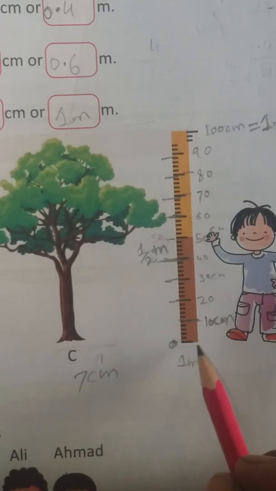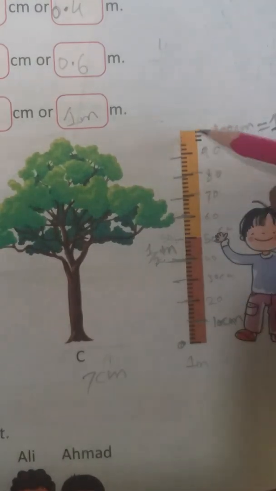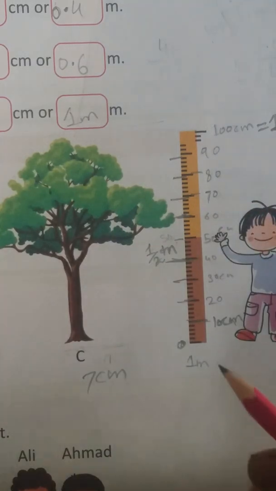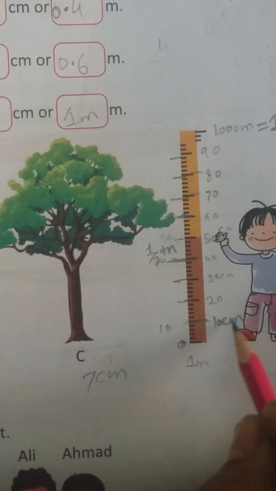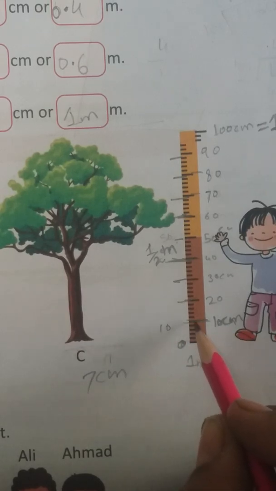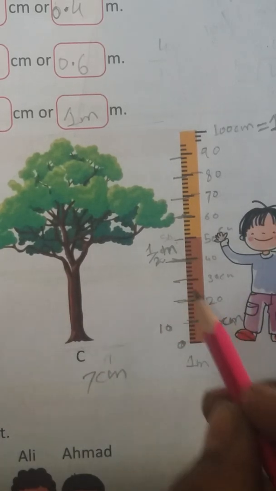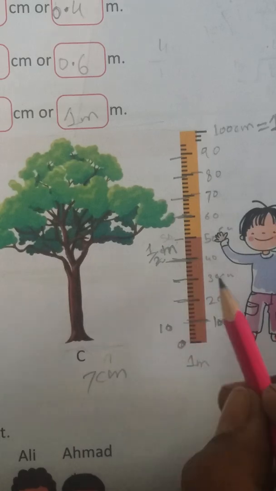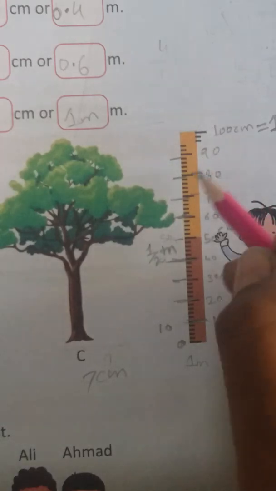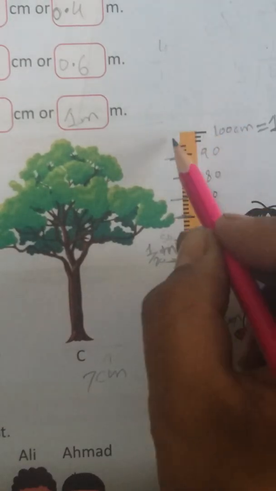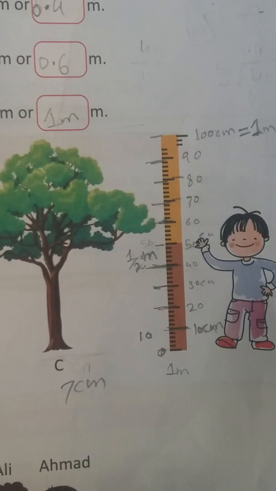So let's convert this scale into centimeters. Let's suppose this scale is about 1 meter. We will make every 5 lines 10 centimeters. 10 centimeters: 1, 2, 3, 4, 5. So let's suppose it is 10 centimeters, again 5 lines, 20 centimeters. On the bigger lines we mark 30 centimeters, 40, dividing it in intervals of 10. And then 90, and the last line shows 100 centimeters, and 100 centimeters is equal to 1 meter.